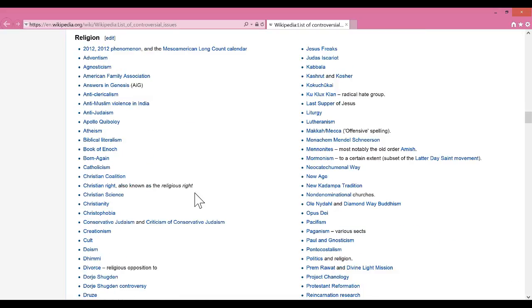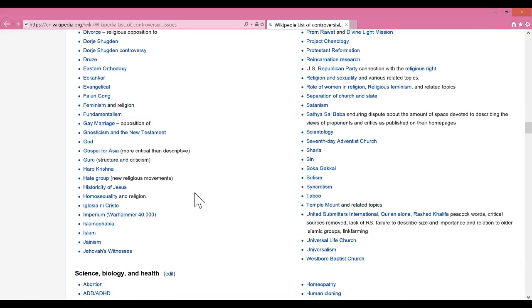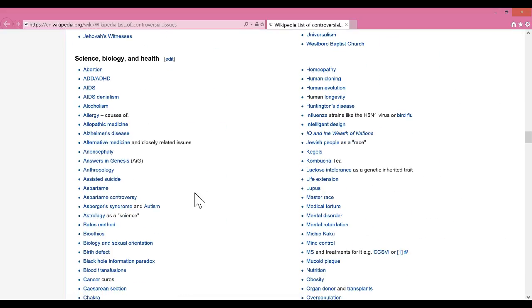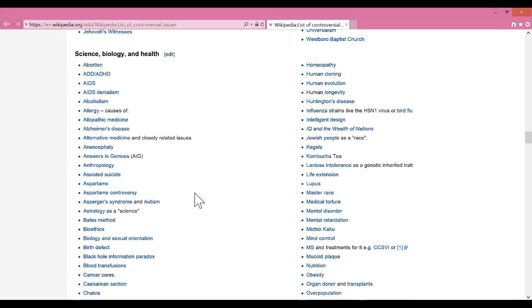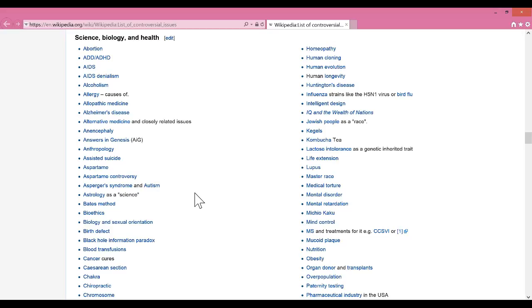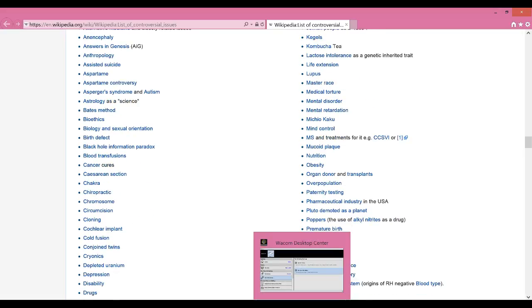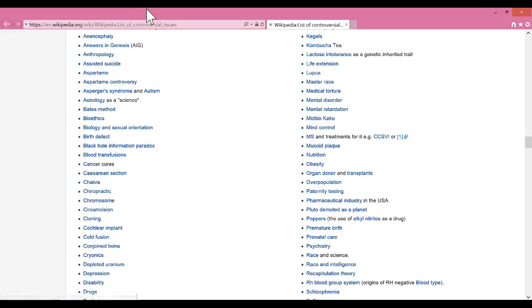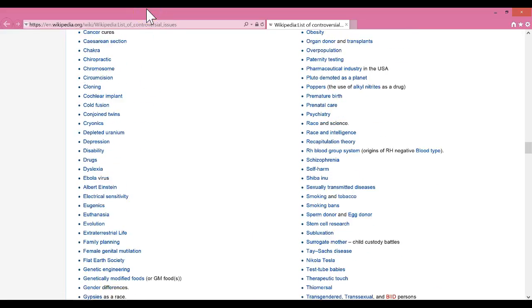You see religious controversial topics. I'd also probably try to stay away from those because they tend to rely more on opinion than on fact. Really good controversial topics are usually more science topics. These are definitely good. Abortion, alcoholism, Alzheimer's disease, all good topics. Birth defects, chromosome defects, you see obesity, all those are excellent controversial topics. Schizophrenia,